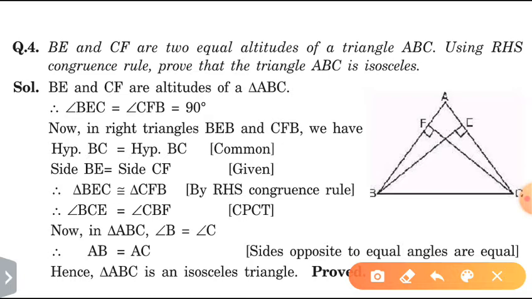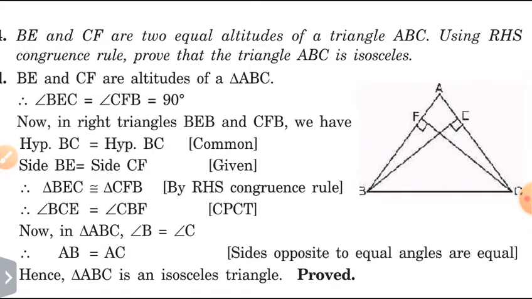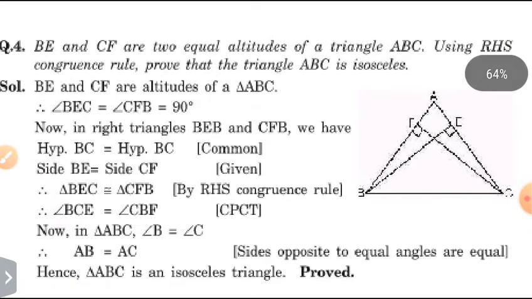You can see that first they have made the triangle ABC, then they put a perpendicular or altitude from the vertex C, which is CF, and the another altitude BE, which is also perpendicular to AC. Now see what we have to do. So we have to use the RHS congruency rule. So for that, first you will take the